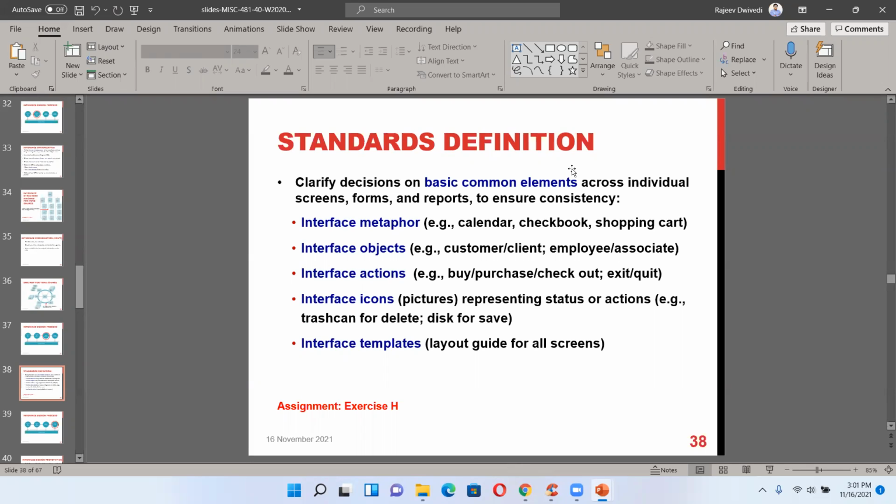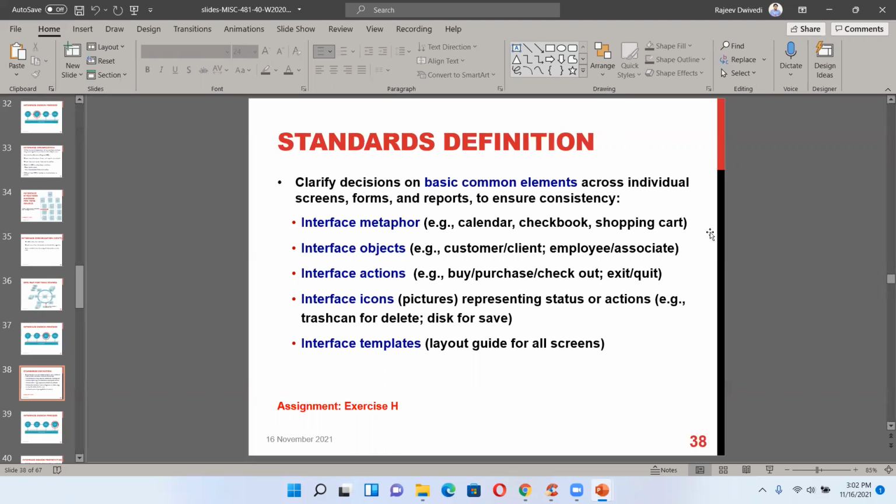So consistency: interface metaphor, for example calendar, checkbox, shopping cart; interface objects like customer, client, employee, associate; interface actions, buy, purchase, check-in, check-out, exit, quit; interface icons like pictures representing status, actions, trash or delete; interface templates, layout guides for all screens.